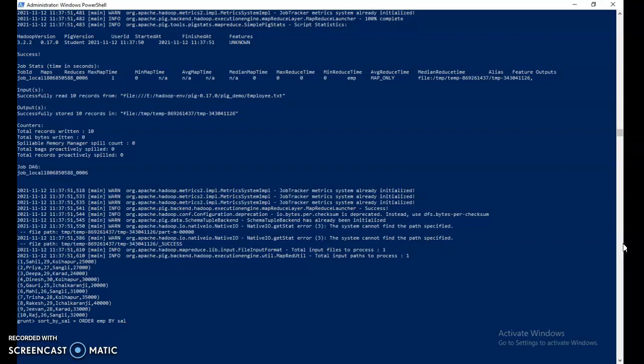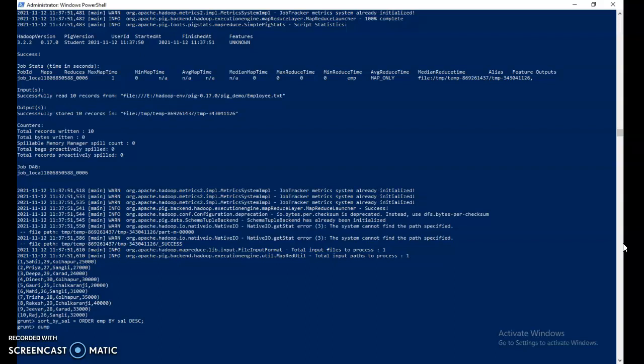And the order in which we want to sort is descending order, highest salary to lowest salary. So the order will be DESC, that is descending. Just check what is there in this sort by sal identifier. We have to use the dump command.